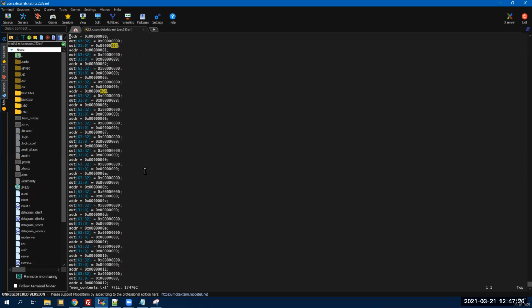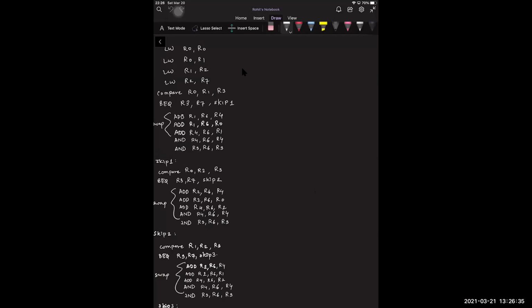Now we'll go ahead and implement a more complex bubble sort algorithm. We can see that we have written assembly language code for the sorting algorithm that was specified in the PDF.